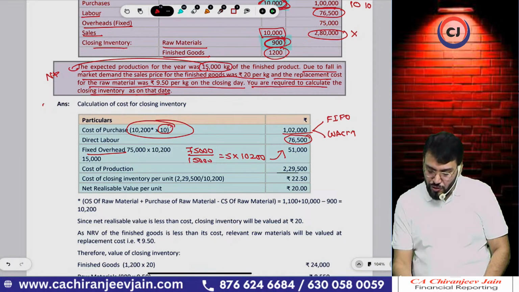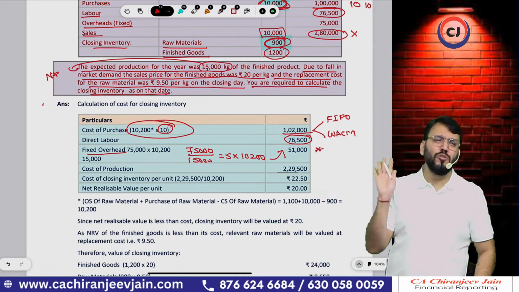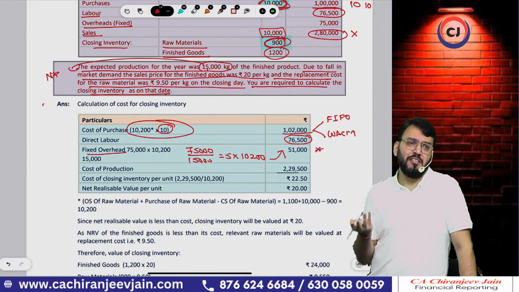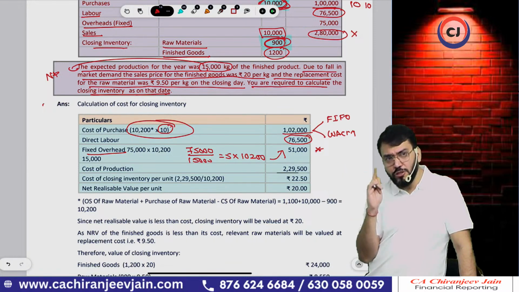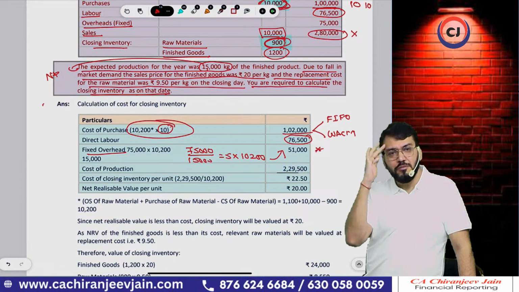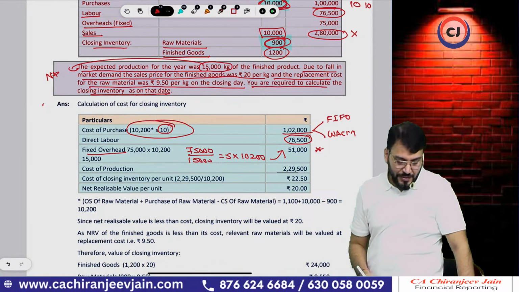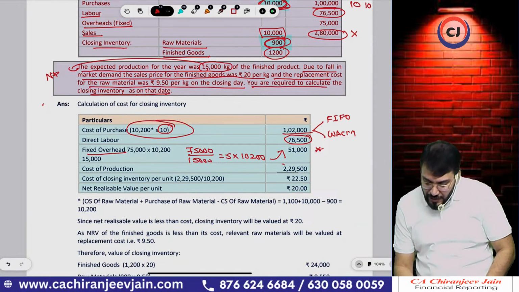Understood? In this, though, most of the students will make mistakes. You may think that, sir, why will they make mistakes? But in exam, most of the students will make mistakes. Chalega? Then can I say the total becomes the cost of production because there is no variable overhead